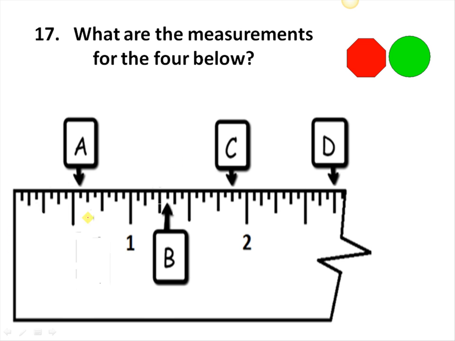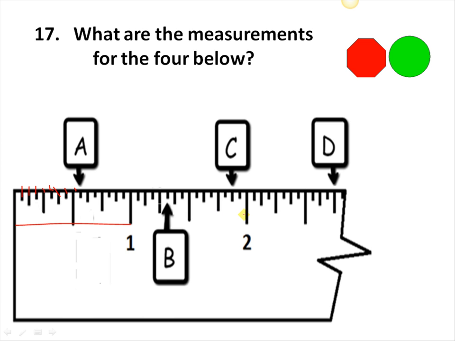A, well, let's see, the distance from here to there is 1 inch, and we look at it and say, okay, this particular ruler is divided into 16ths because there are 16 little marks, 3, 4, 5, 6, 7, 8. There's 16 little marks between the 0 and the 1, and what's really interesting about this is that they're the same 16 little marks between 1 and 2, and between